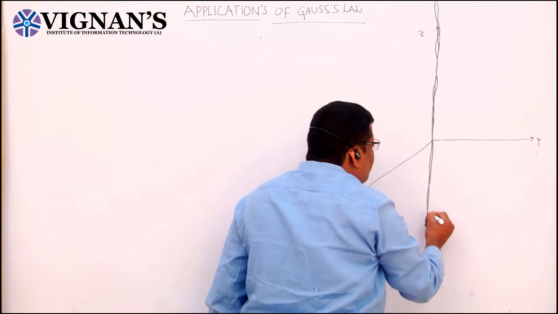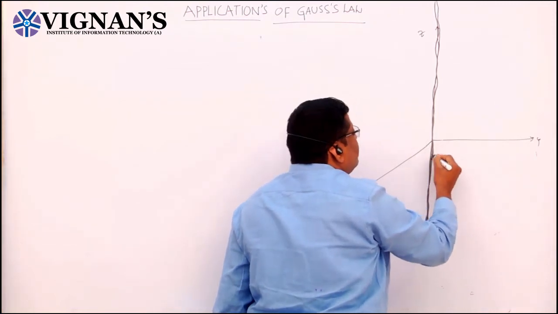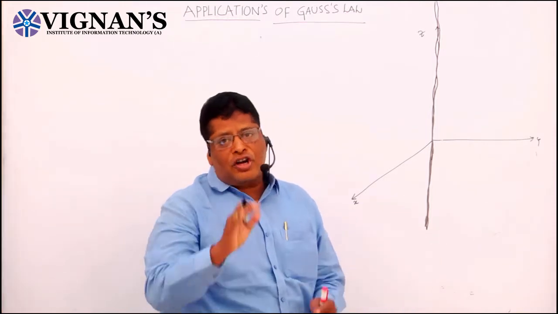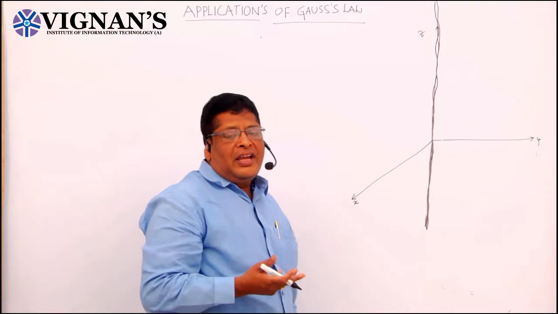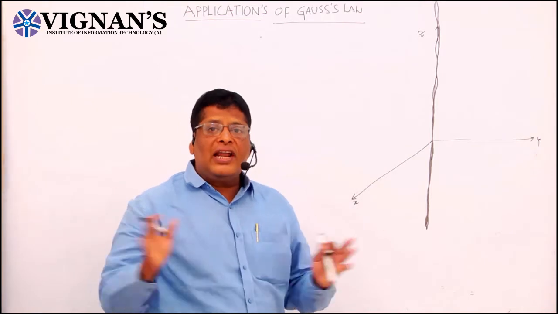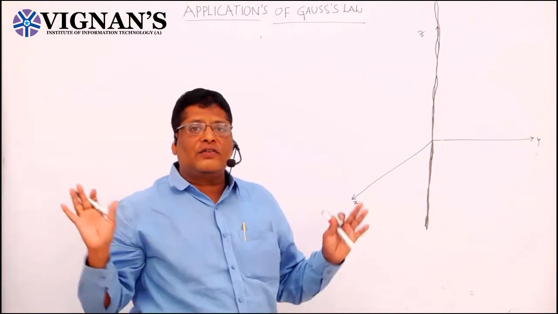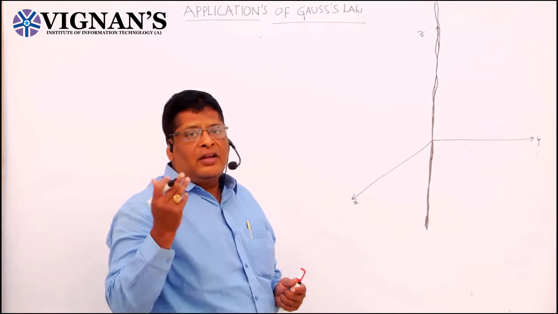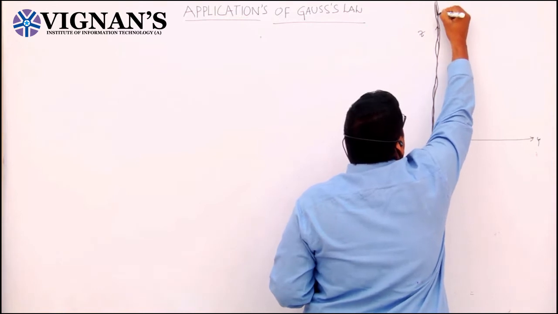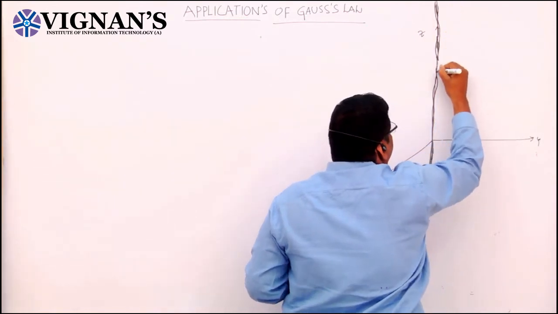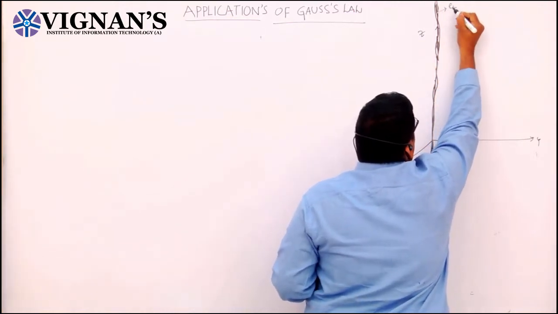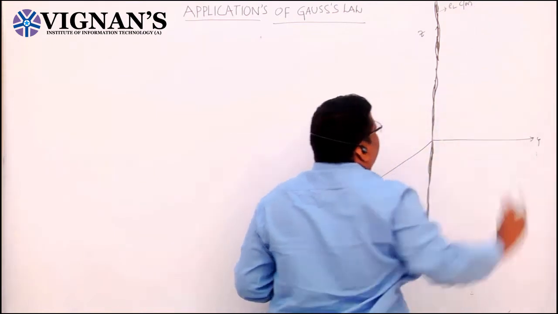An example of an infinity line charge is a transmission line. A long length of conductor on which charge is present, that we can take as an infinity line charge. The infinity line charge is nothing but a long length of conductor which has some amount of charge. The charge on a conductor is defined as a line charge density, equal to rho L coulombs per meter. That is the unit.